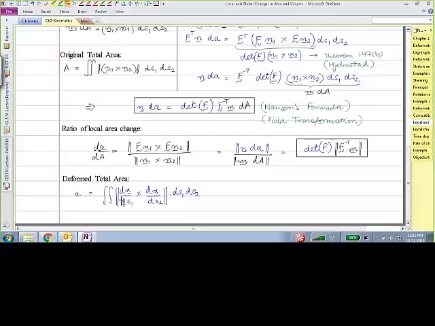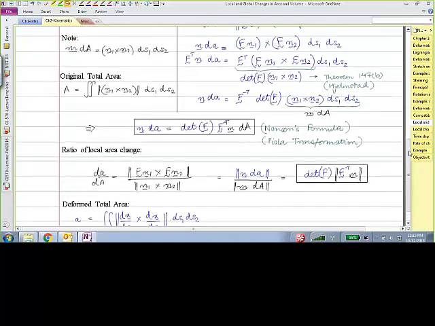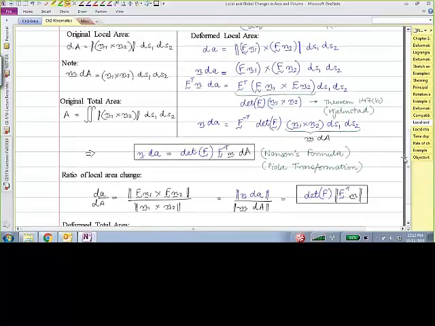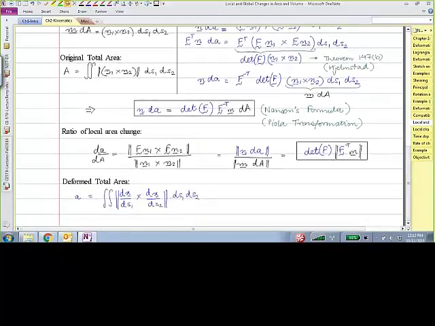Now, just like the undeformed and the deformed lengths, if you have the parameterization of the deformed surface, you can directly use that relationship to calculate the deformed area, okay? And alternatively, you can substitute all of this that we have just derived to show that the deformed area can be expressed as the integral